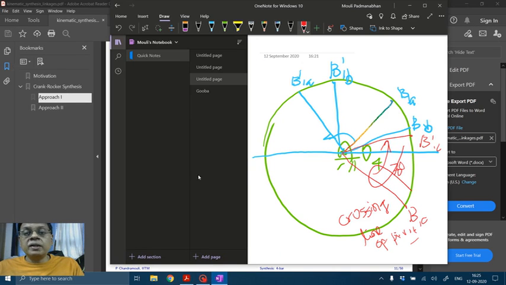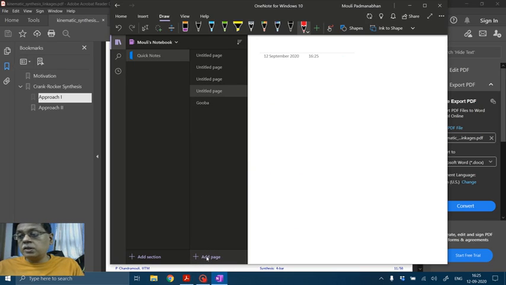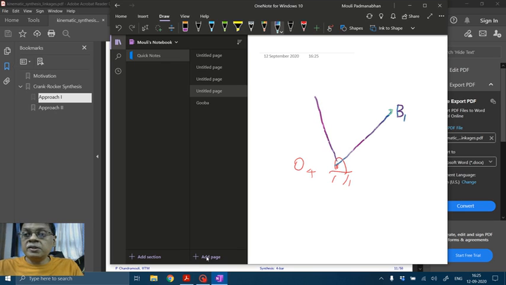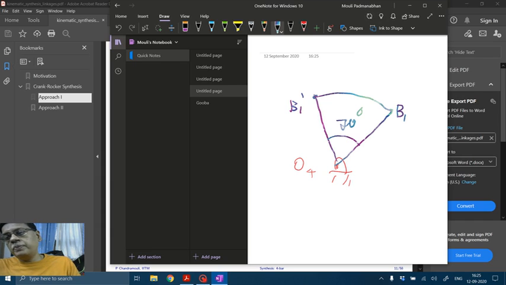Let me go back, add another page. So here, let's go back. I have my fixed pivot here, O4. I have made a choice. Let me use a blue line, so that is my B1, and 70 degrees away from that is my B1 prime, right? So what we are basically saying is, look, this angle that you make at the other fixed pivot, I